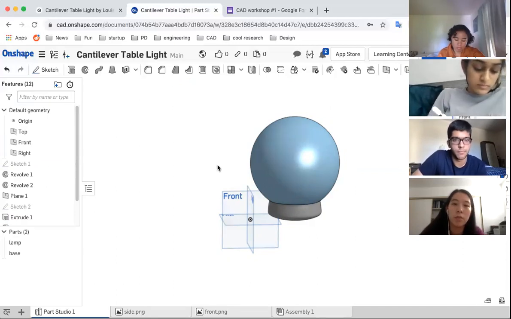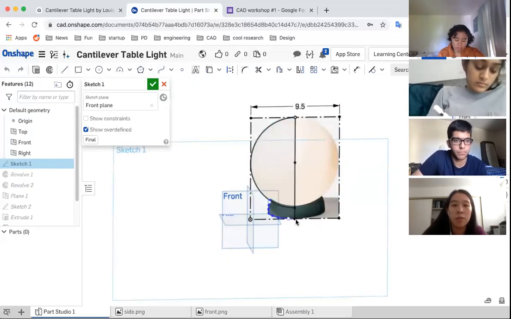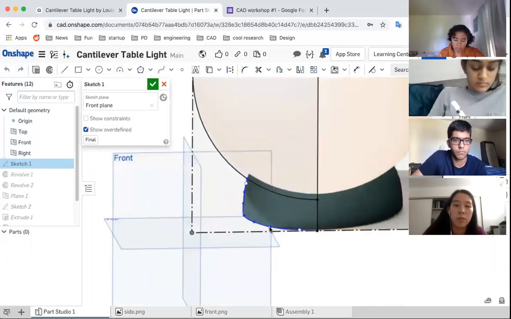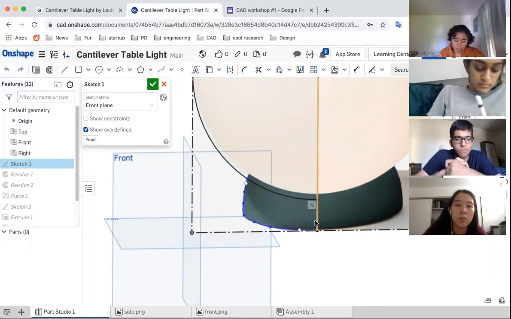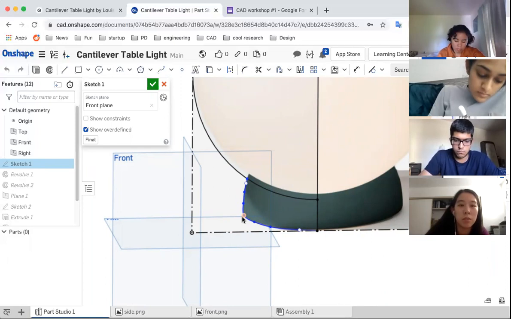Black means it's fully... So I'm gonna go back to the sketch to show you. Here we're showing 2 different colors: blue, black. Red is not here, and that's good. Red means something's broken. You need to fix it. Black means it's fully constrained, and that's good. Blue means it's not fully constrained, and Onshape is still gonna let you use it, but that's not good practice, because in the future when you're collaborating with your peers, and you send somebody blue lines,